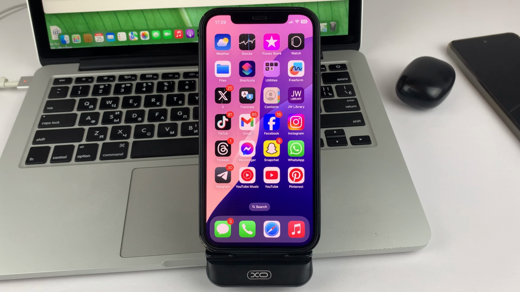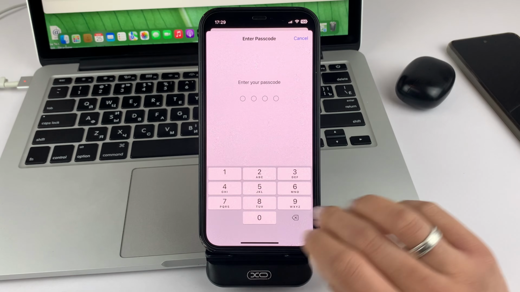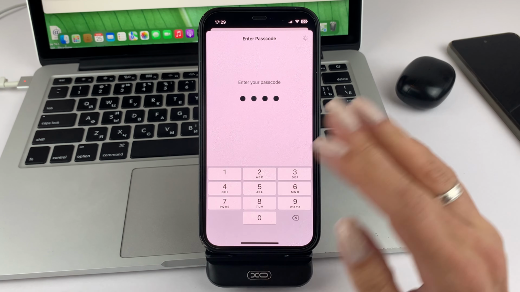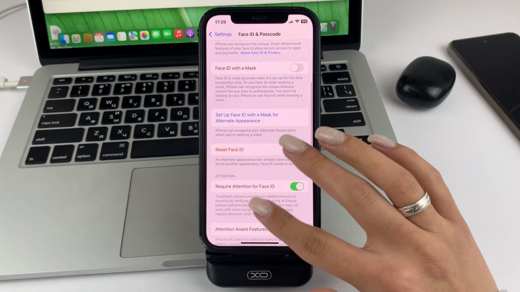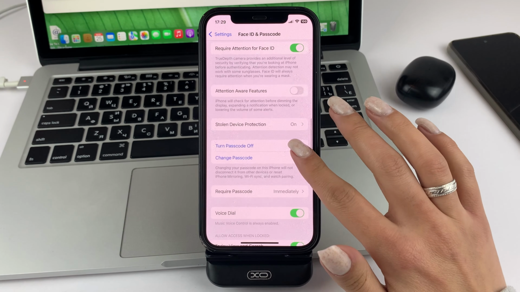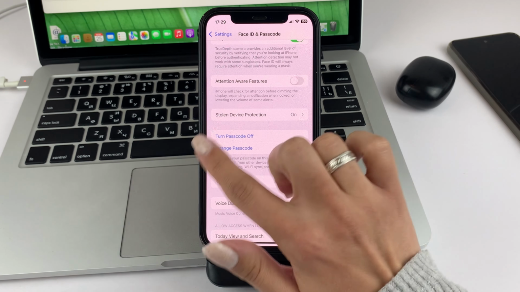And let us get down to this topic. In order for you to change your password, you will need to go into settings on your iPhone. And then please scroll down to the bottom and find the section called Face ID and Password. Next, enter the password that you currently have in effect on your phone. Now scroll down to the bottom, and you're gonna have to, folks, find a section called Change Password.